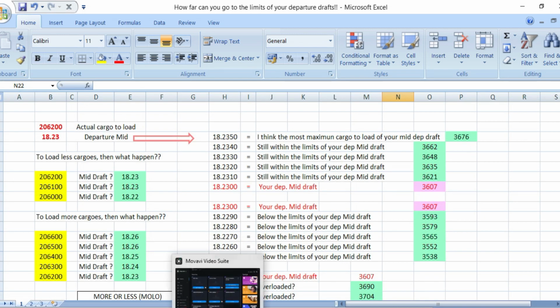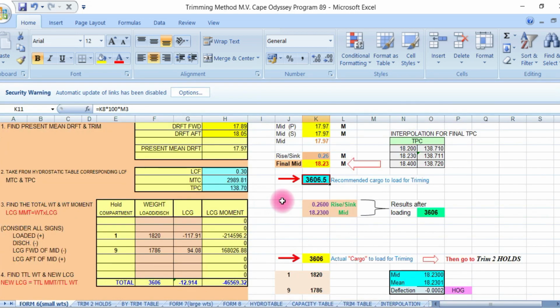3621. I'm sorry, 3621. Now, let's observe. Once you put 3621, oh sorry, this is already the recommended, no? Here, 3621. Now, please observe, once you already loaded the 3621, you will have an excess of